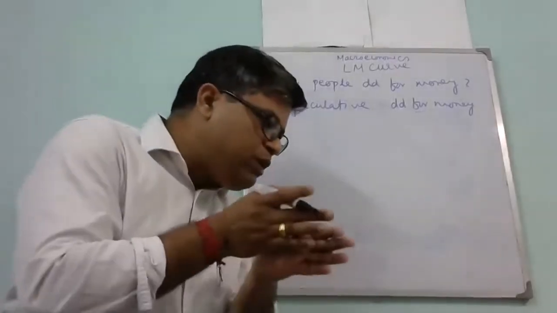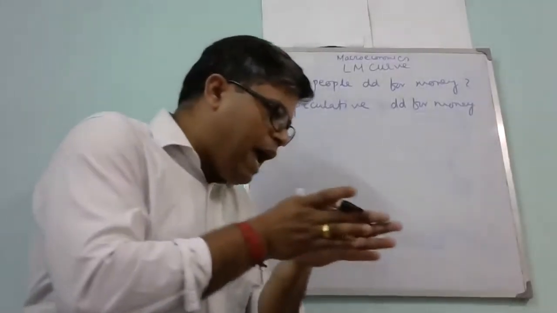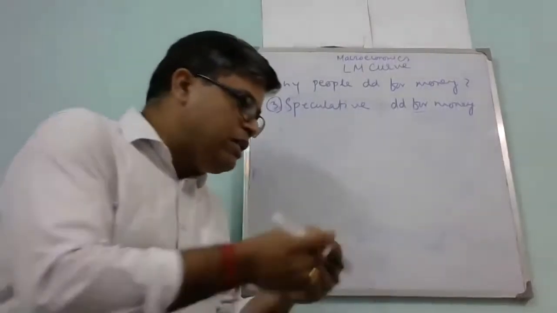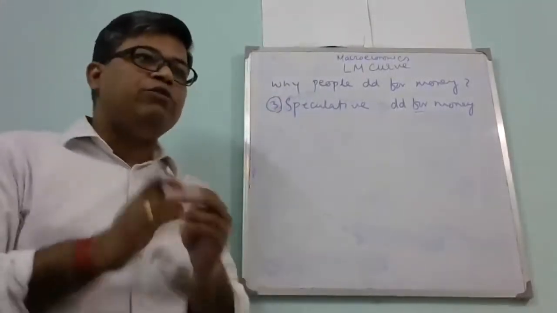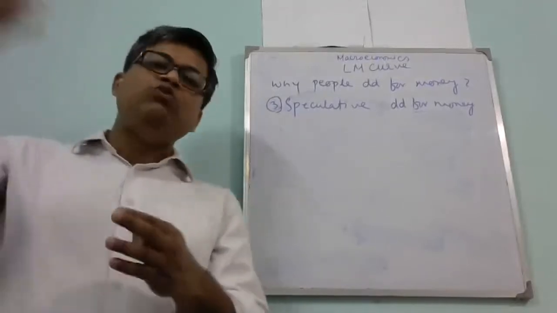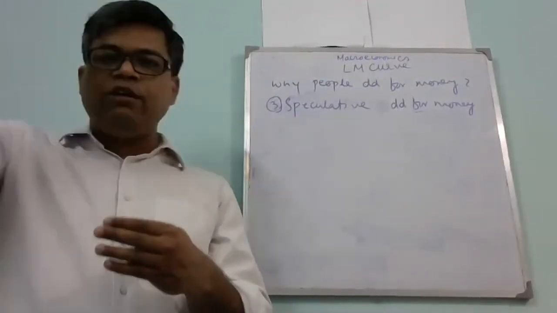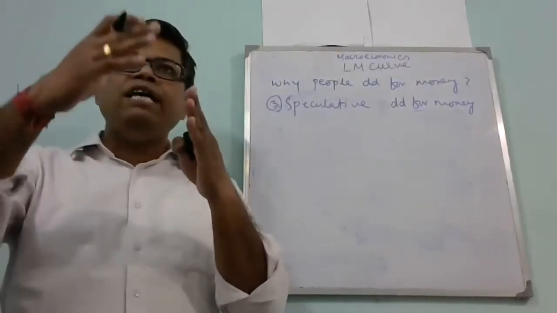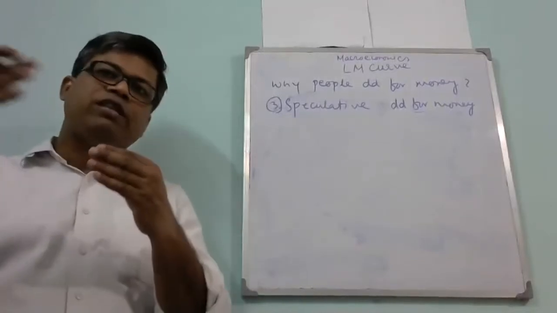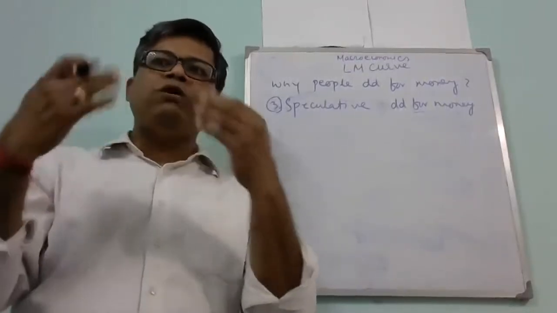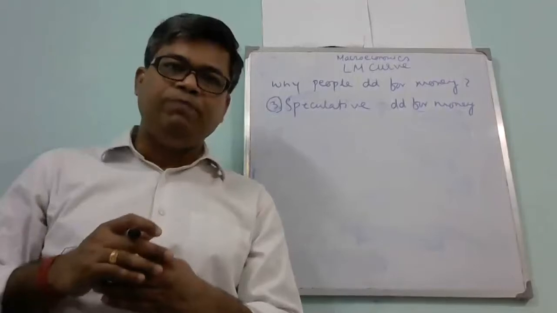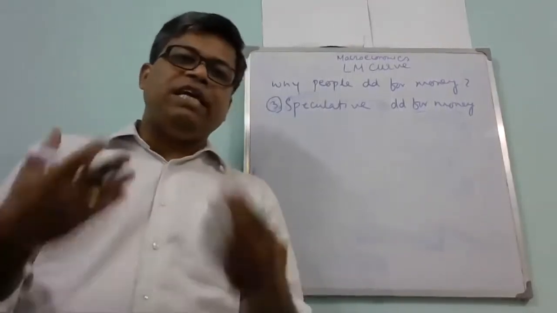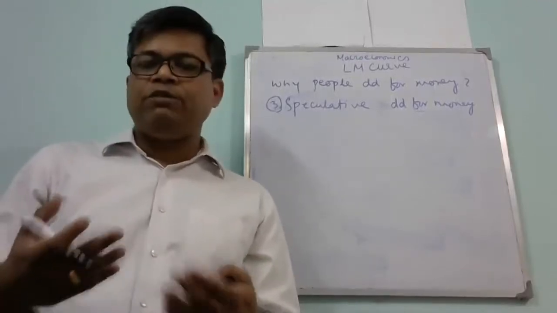So when goods are purchased and sold, for what purpose? For gaining profit due to the speculative differences of prices. Right now it is 100 rupees. After 5 months it will be 200 rupees. Let's say it will be double. That is a kind of speculation. So when time changes with a 6-month difference, the price of the bond or that particular stock will be double. If this is the speculation of the investors, then they will purchase more of those particular stocks or bonds.